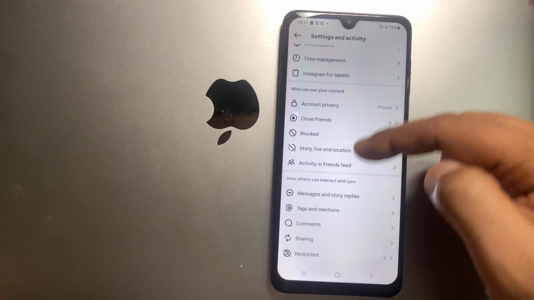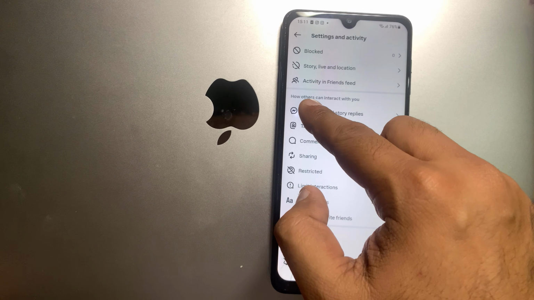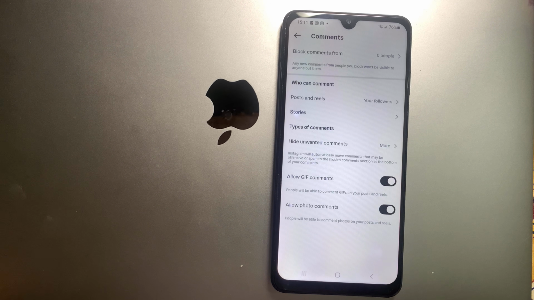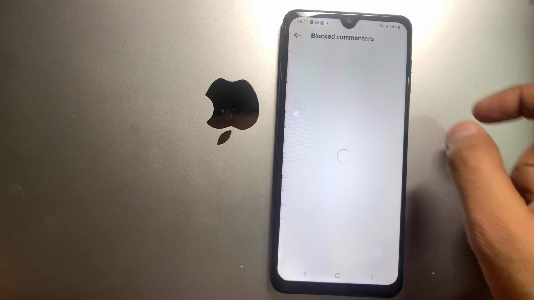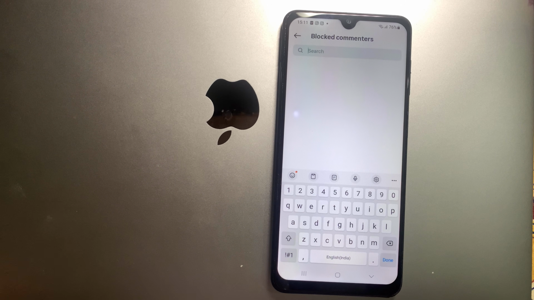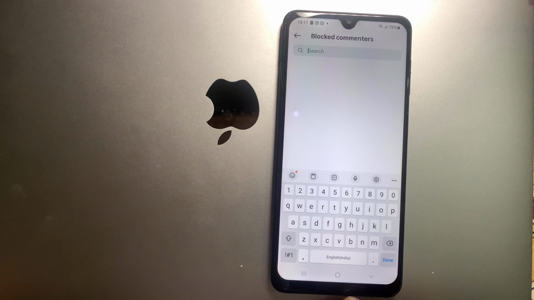then scroll down. Here under the How others can interact with you section, you have to click on Comments. First you will see Block comments from. You have to click on this, then you have to search the username of that user whom you want to